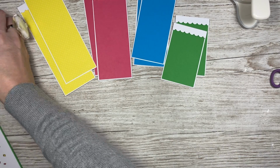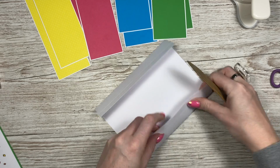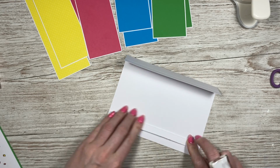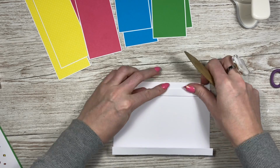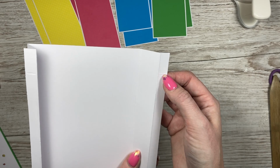So next we're going to go back to this piece here. So just fold and burnish the 2 inner score lines, so the ones that will make your 5 by 7 card here. And then these ones you're going to fold out. If you want to score it in the other direction so your card doesn't crack, then do so. This card's pretty good, and it's the Craft UK. This is a 300 GSM cardstock. So you see here we've scored